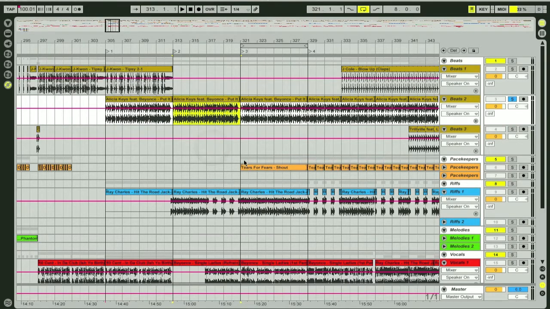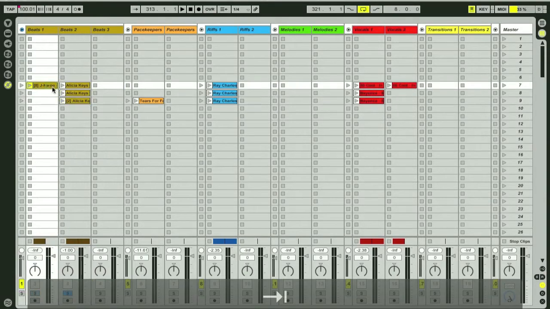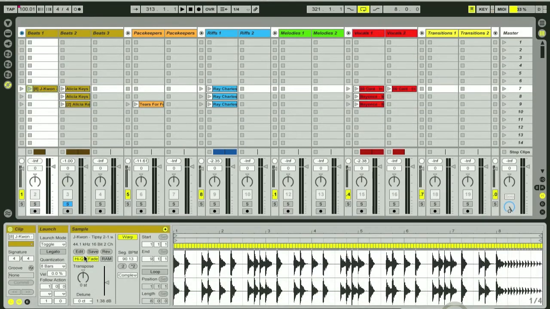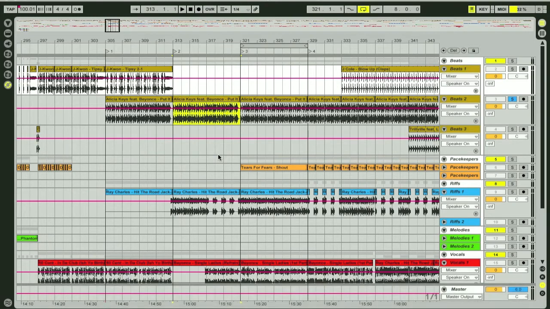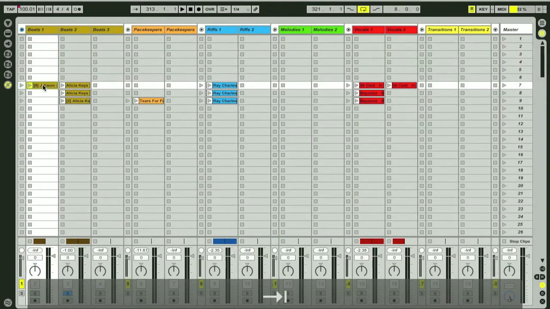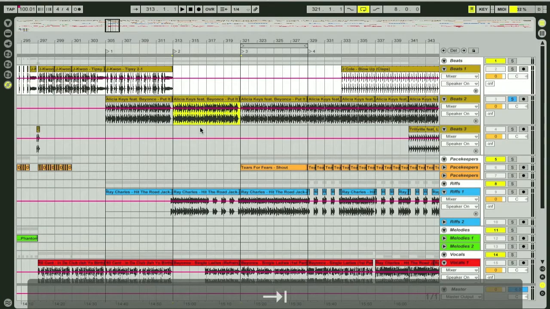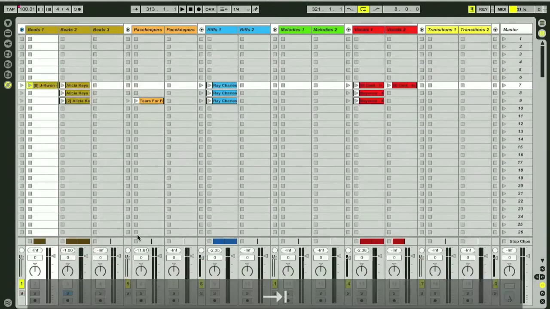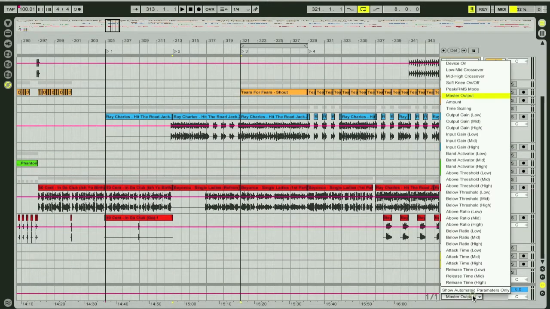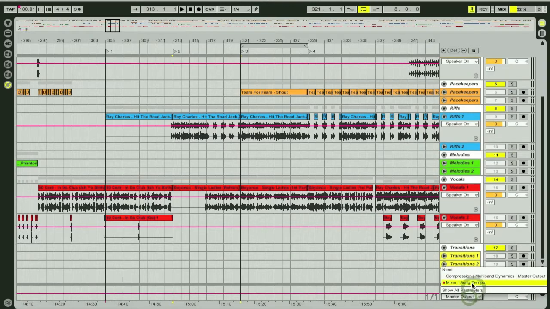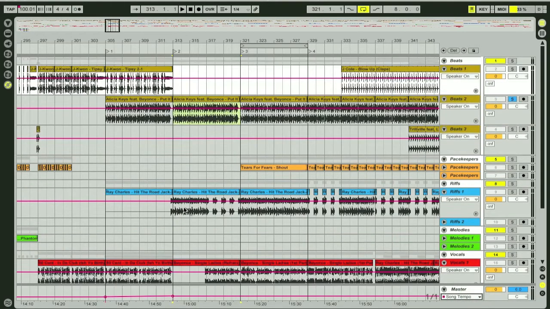Or just use consolidate and then open the consolidated sample in an audio editor and do the changes you want to it, and then save the sample. It's the same result. One more thing about the consolidate function is that you should consolidate